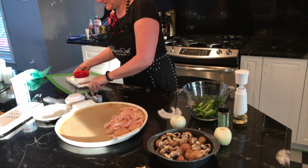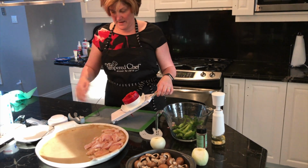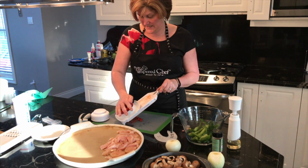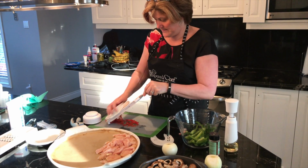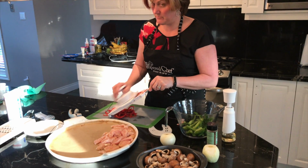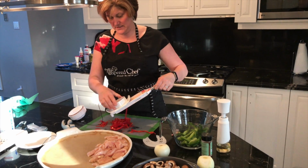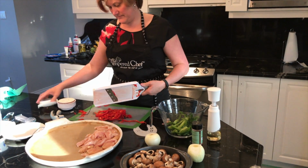So here comes my vegetable one now. So now what I have is our mandolin slicer, and I put a red pepper in there that I'm just going to slice, and you can see that it's coming out in nice little stripes. And when you get to a certain point, use the guard. I'll tell you, I found out the hard way that you don't want to cut corners on that. And again, you get a sense of,